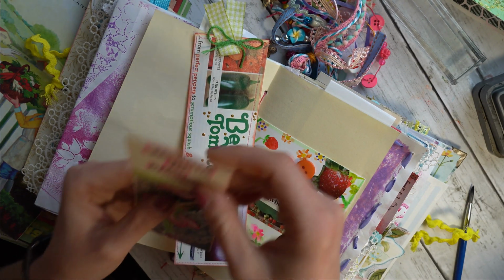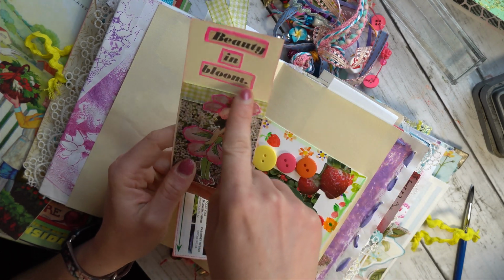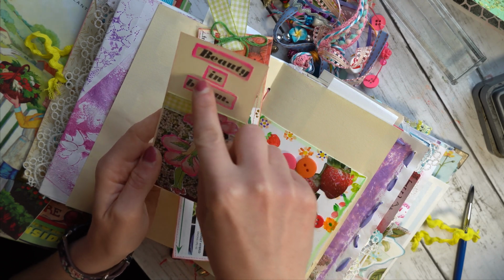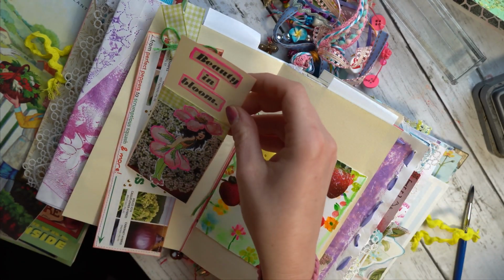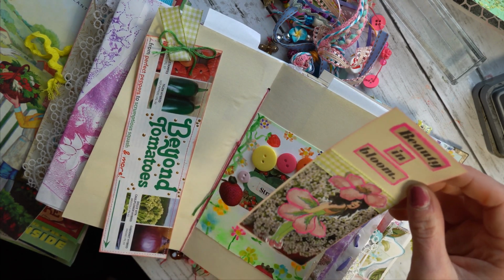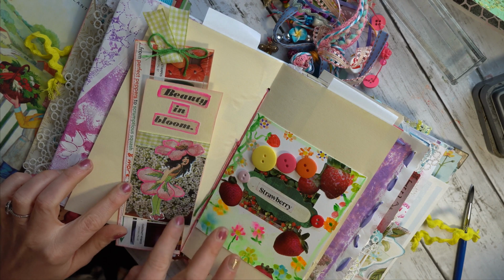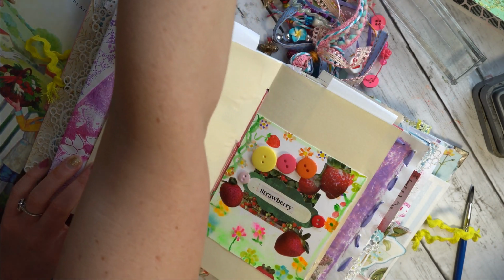I made this beautiful journaling card. I just took a digital image I had, and behind her I have a piece of ribbon, a floral scene from one of the seed catalogs, some words, and I went around this in watercolor to really make it pop. So you can use these images as a focal point, or just as a beautiful background, especially if it's the same and consistent throughout. And then I made